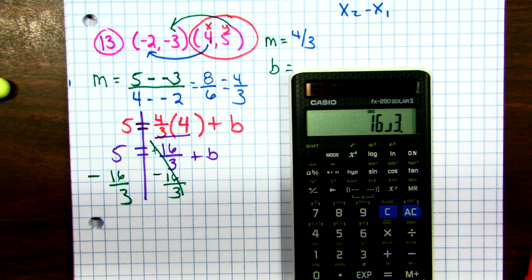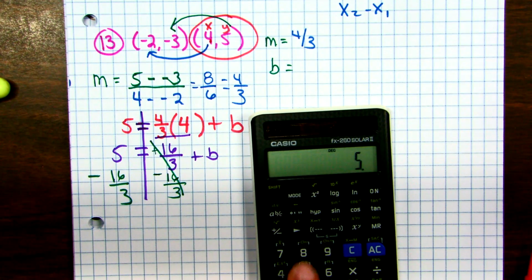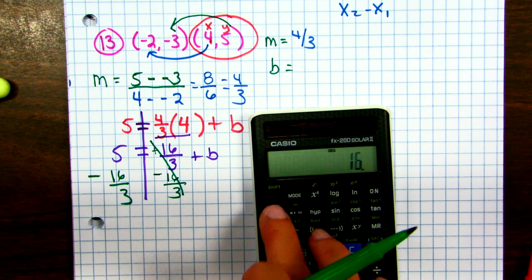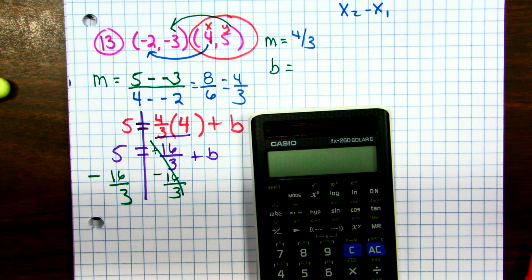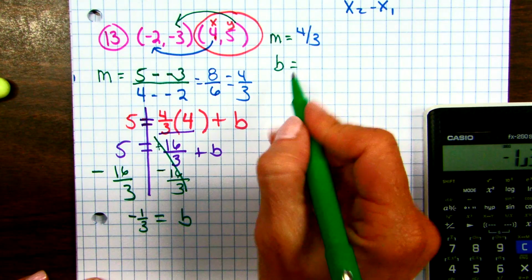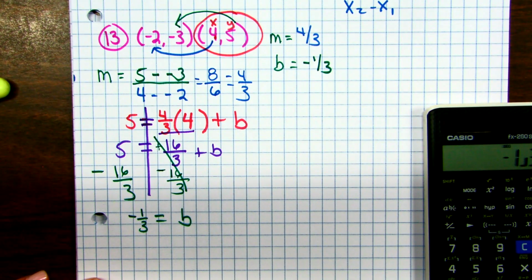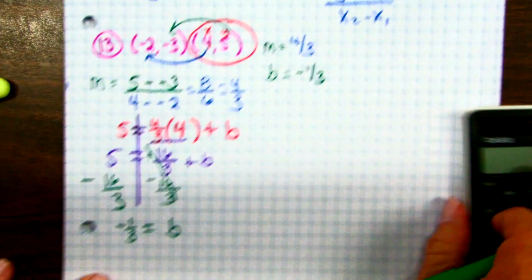You wouldn't do a plus and a plus or a minus and a minus. That wouldn't cancel out. And then back to the calculator, 5 minus 16 fraction key 3 equals negative 1/3. I now have everything I need to write my answer. And the answer